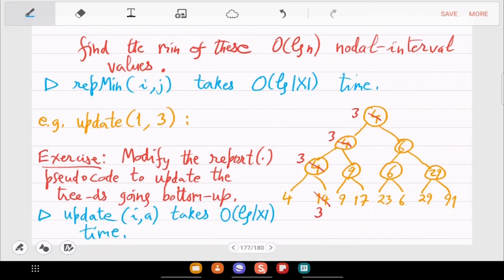So we have a similar sized data structure, and time is also extremely fast. So this completely solves dynamic range min.